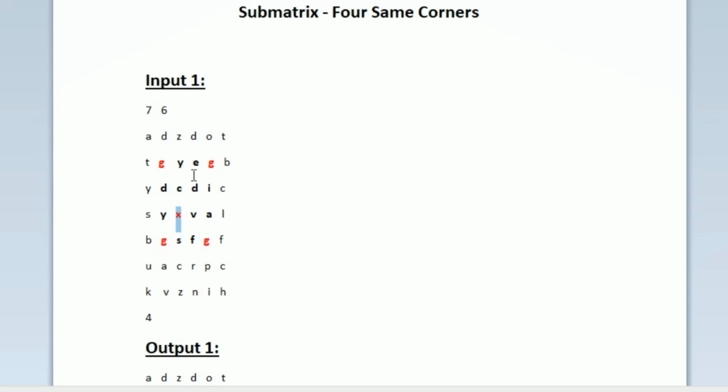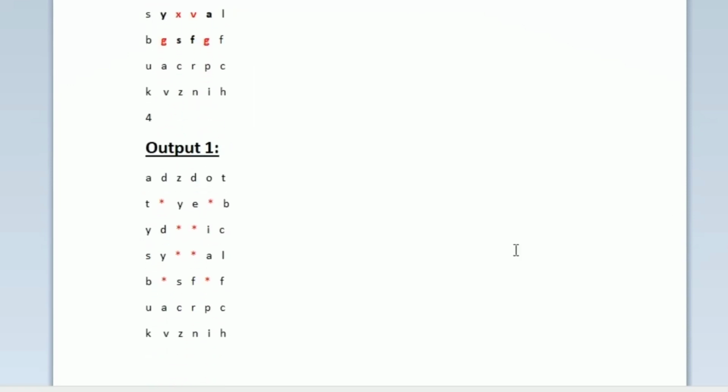So now for this particular submatrix we have to update the diagonal elements to asterisks. So first I am highlighting the right diagonal elements and then the left diagonal elements. So now we have to replace all the red color highlighted characters with asterisks. So that is how our updated matrix should be looking like. So in our sample output we can see that we will be printing the same output matrix, but all the things which we highlighted in red color are now replaced with asterisks.